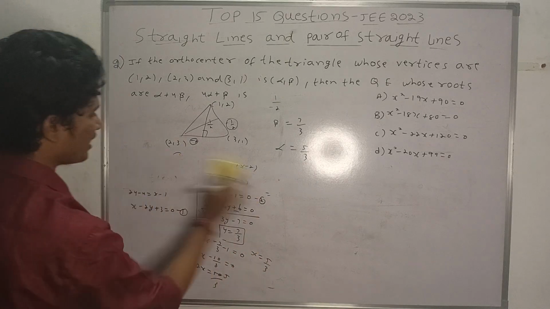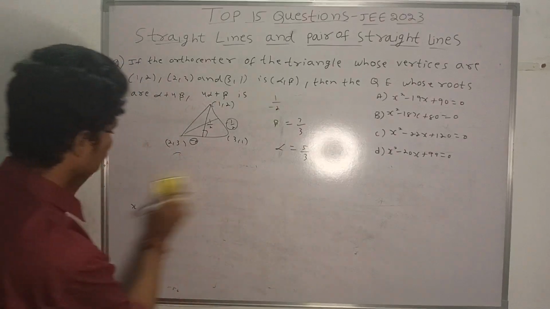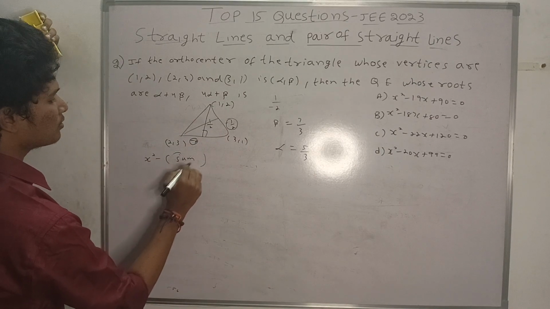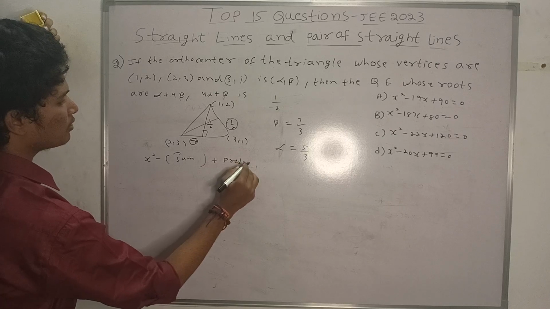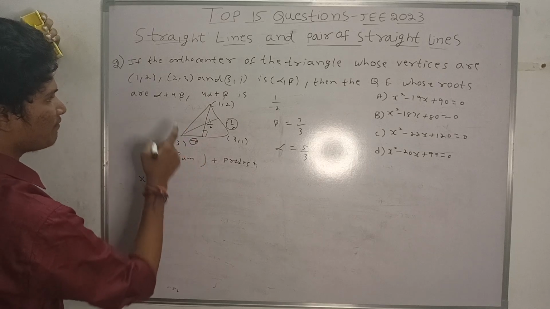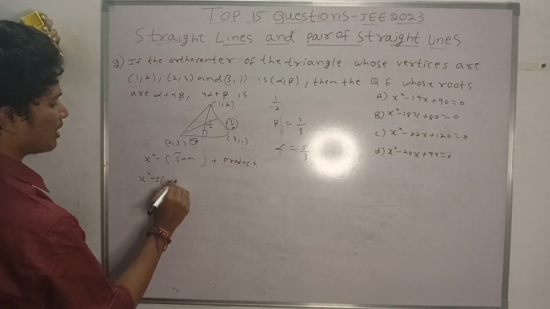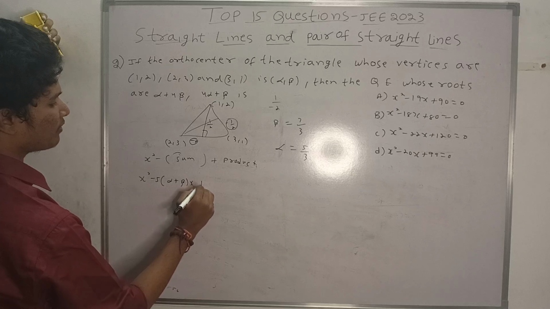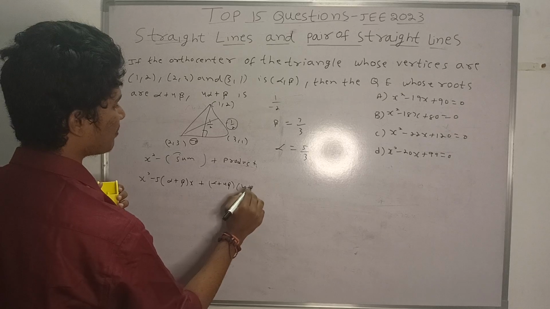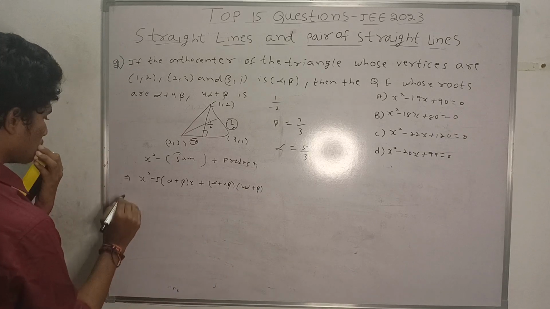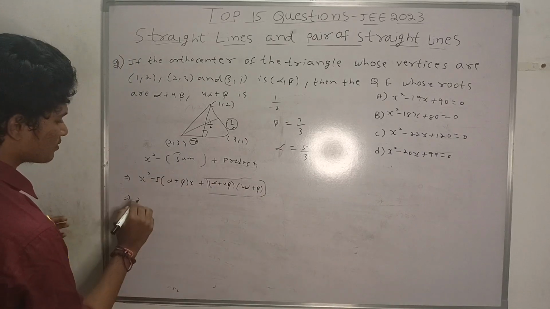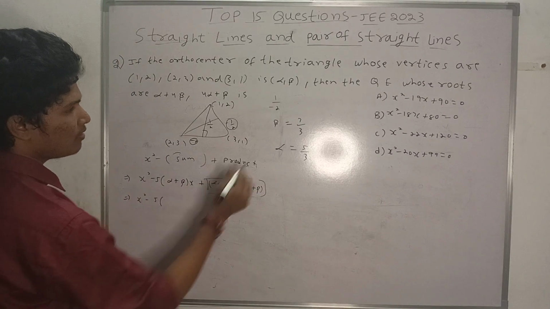So now I have to solve the quadratic equation. The quadratic equation formation is x square minus sum of the roots x plus product of the roots. The sum of the roots is alpha plus 4 beta plus 4 alpha plus beta, that is 5 alpha plus 5 beta. Taking 5 common, it becomes 5 into alpha plus beta into x, and the product of the roots is alpha plus 4 beta into 4 alpha plus beta. To save the calculation, keep this aside and only solve x square minus 5 into alpha plus beta. What is alpha plus beta?